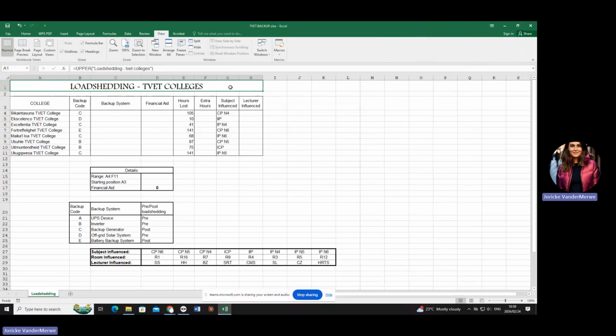So your function is already done and dusted. Okay, so that is number 4. Then we're going to move on to number 5. And we are only going to do number A and D today. We are only going to focus on HLOOKUP and VLOOKUP. Okay. Now let me explain it to you in such a way.